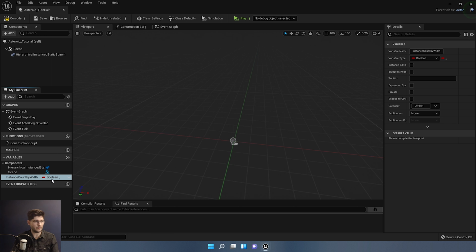So with this, we've now created a new variable, and it has a few options over here. We can press this I here to make sure that it's visible. It says here the variable is public and is editable on each instance of this blueprint. Every time you add a new variable, if you want to actually use it,